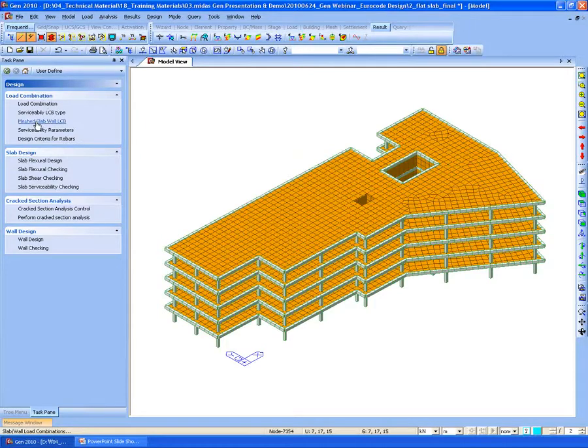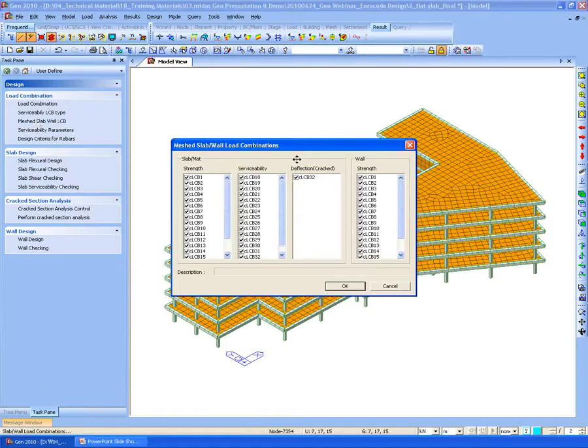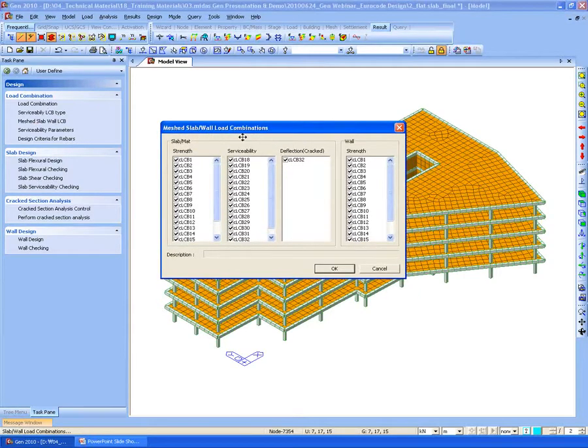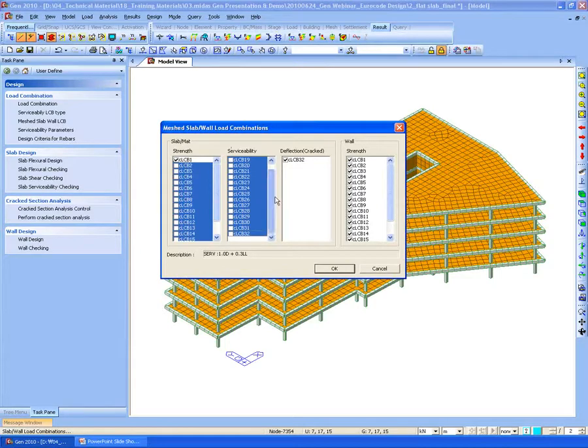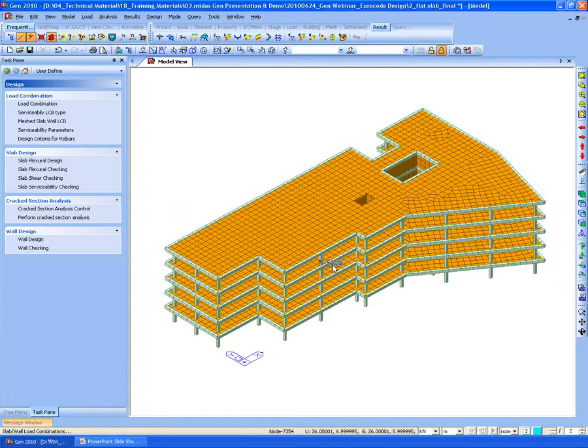Then go to the meshed slab and wall load combination. In this dialog box, you can check which load combination will be used for the slab and wall design. In order to reduce the time, I will select only one load combination. Okay.